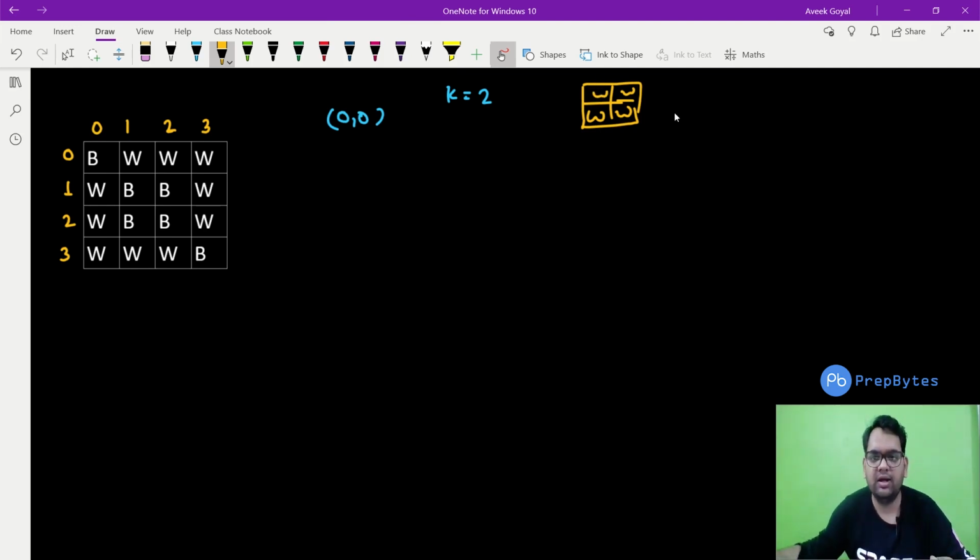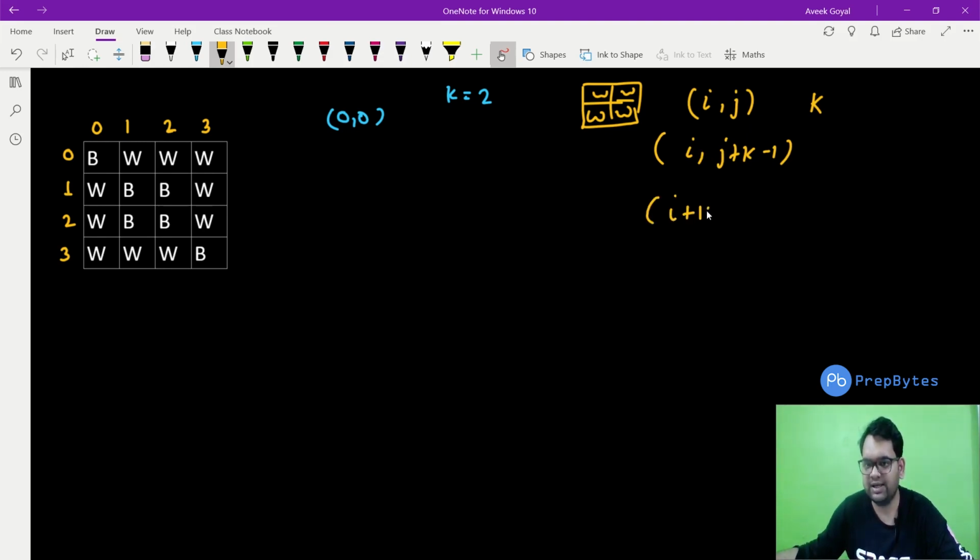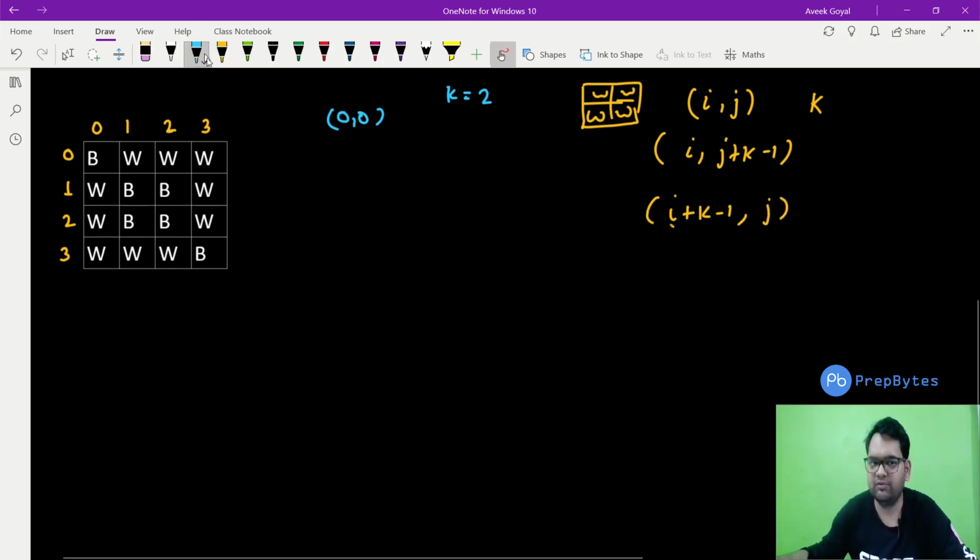So what is the number of rows and columns we cover? If I click on a particular i, j and we have the k value, what rows and columns do we cover? If we talk about columns, we cover from j to j plus k minus 1, correct? And if we talk about rows, we cover from i to i plus k minus 1, correct?